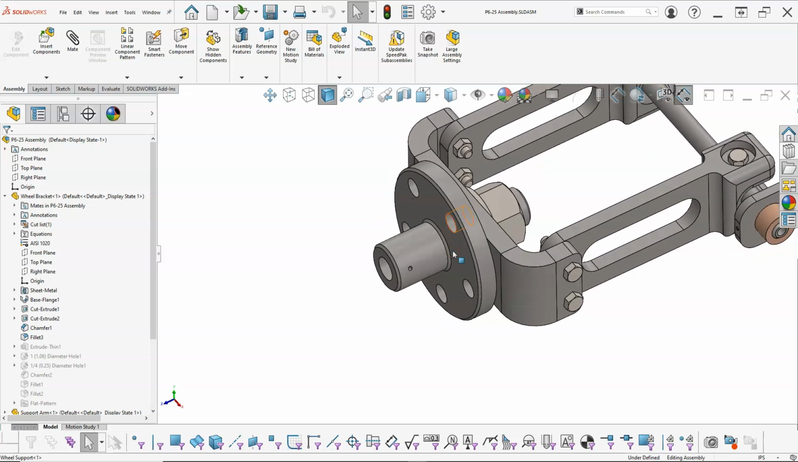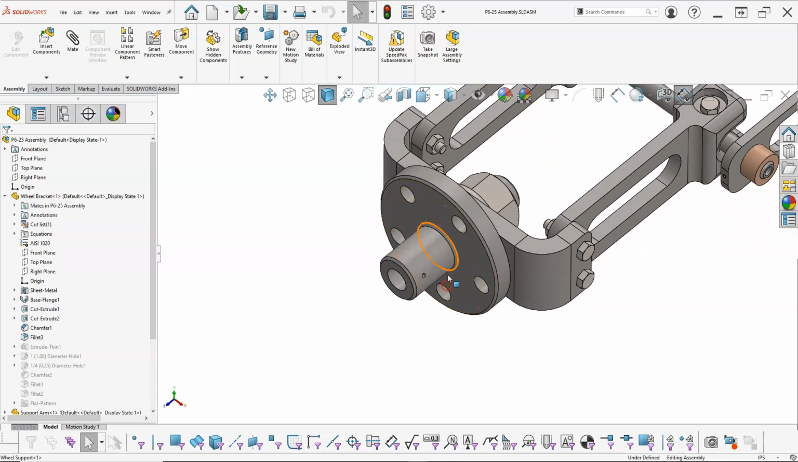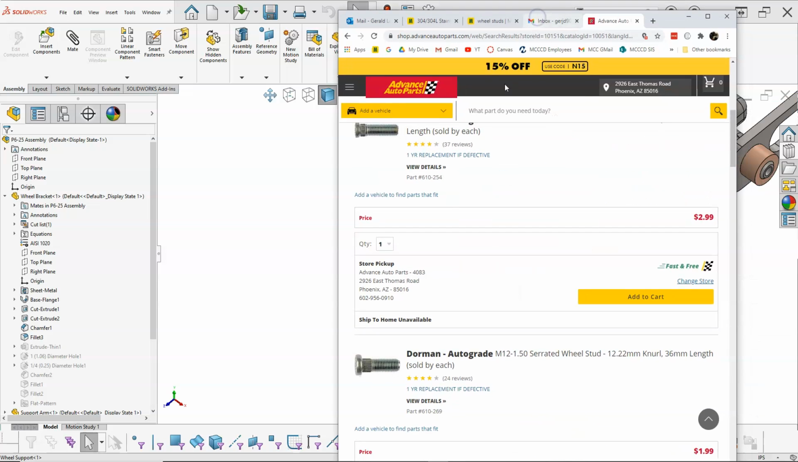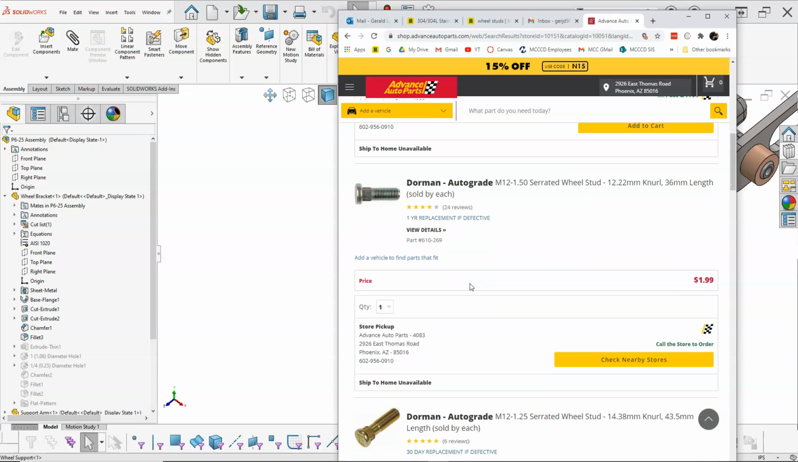So since we don't have the mating part, we really don't know what this is going to be. But we can go look at some of the things that are available. And so what I was thinking is, if we needed a wheel stud, I just pulled up the Advanced Auto Parts. Since I finally think I found something that McMaster doesn't carry, or if they do, I don't know what